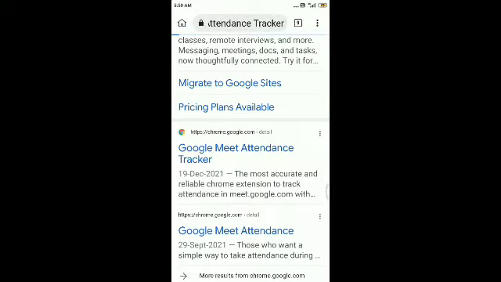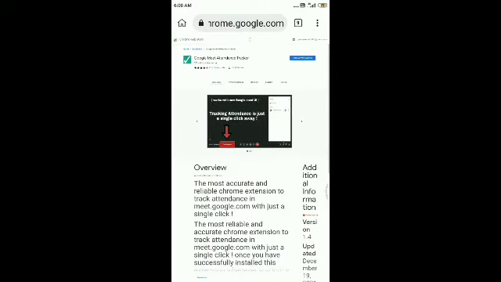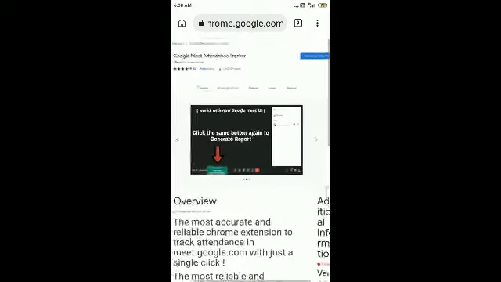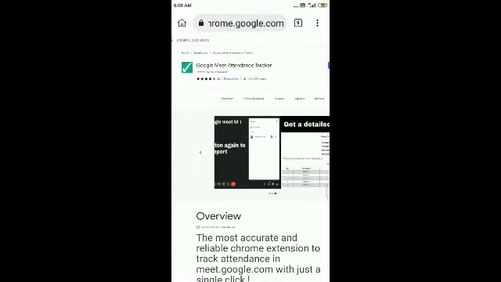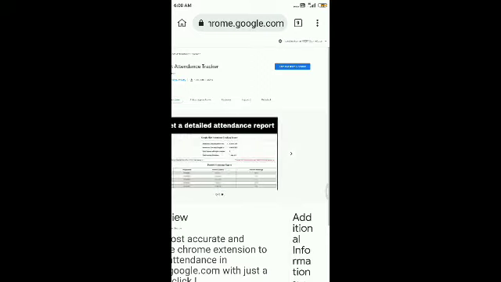Click on it. As you can see here, when you come here, you get the option to join to Chrome. Since I have already joined it, I have been given the option to remove from Chrome. So I will not remove it here.